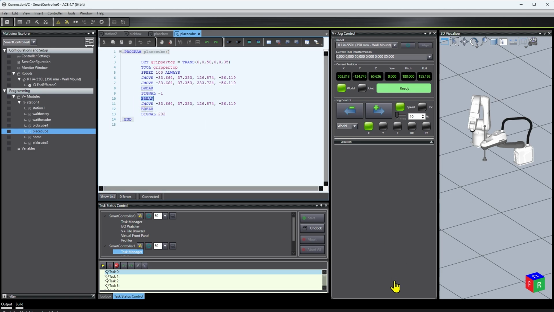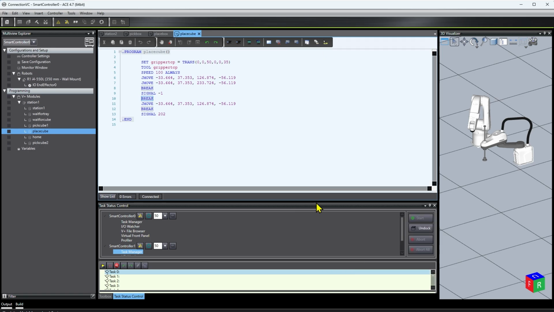The robot programs are executed in the ACE controller using the Task Manager. So we can see from the Task Status Control both smart controllers and the Task Manager for each smart controller. So to have more screen space, let's close the V+ drag control panel.